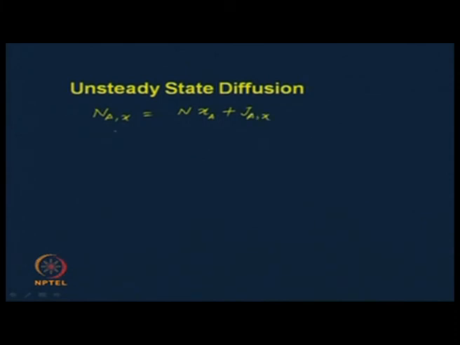So, if we multiply both sides by molecular weight, we can write M_A N_Ax will be equal to M_A N x_A plus M_A J_Ax. From this we can write M_A C into